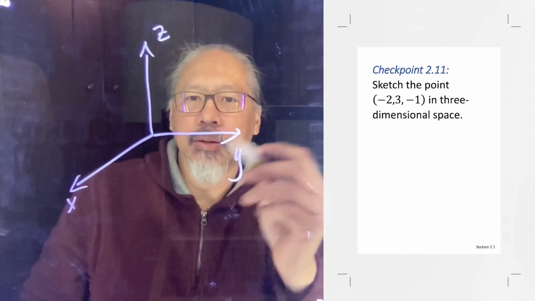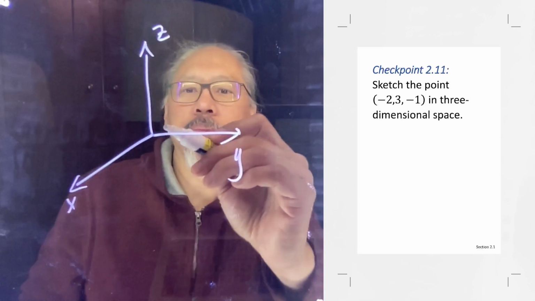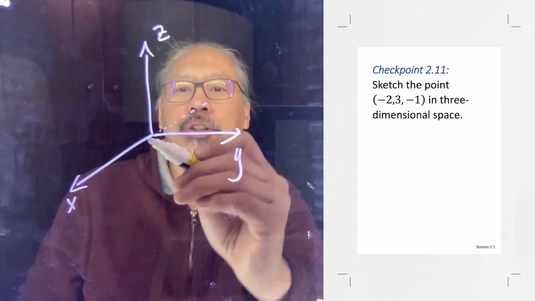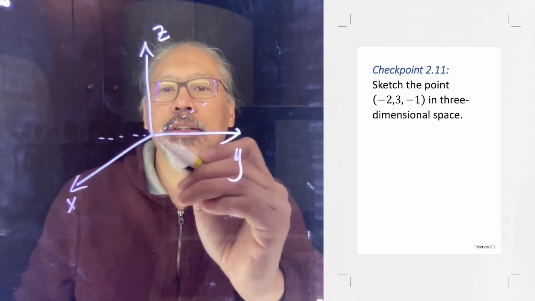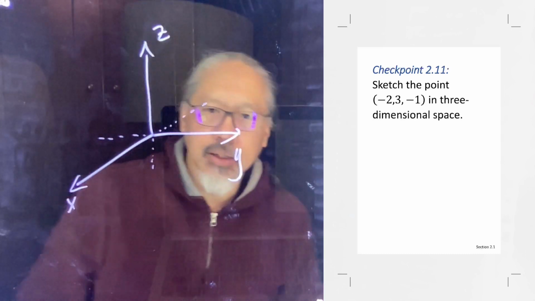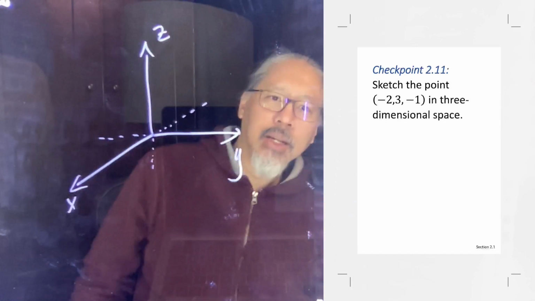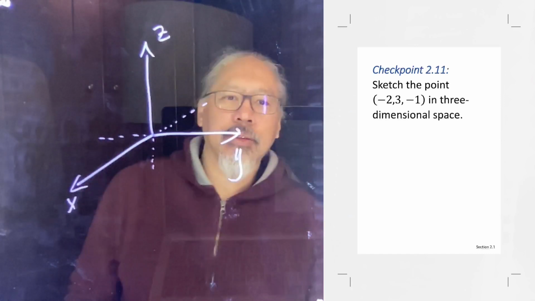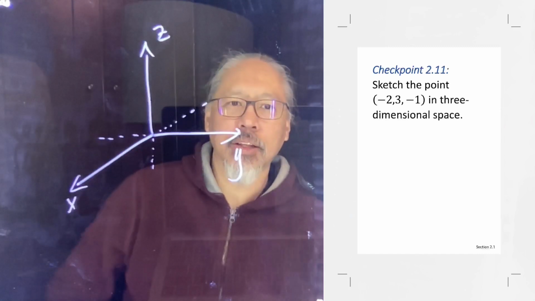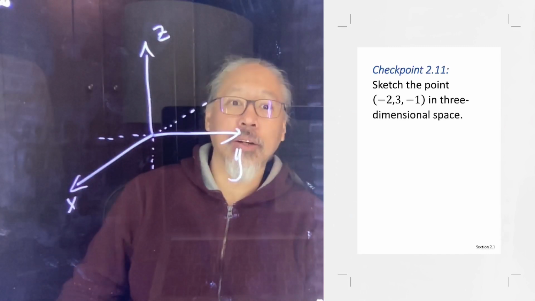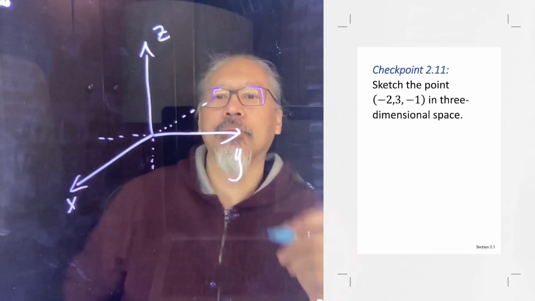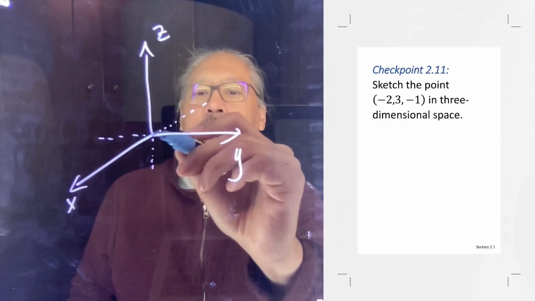We tend to only draw the positive parts, but there are negative portions of these things if we extend these axes going in their opposite direction. So in this problem, they want us to take a look at the point where x goes in the -2 direction. So we can imagine going backwards